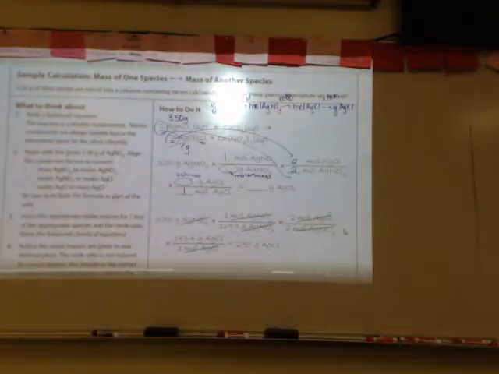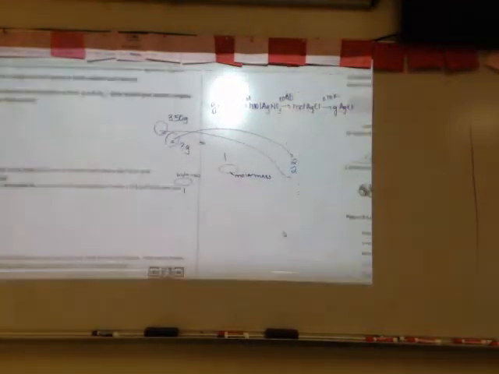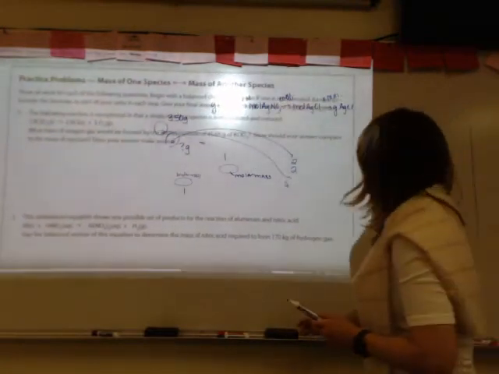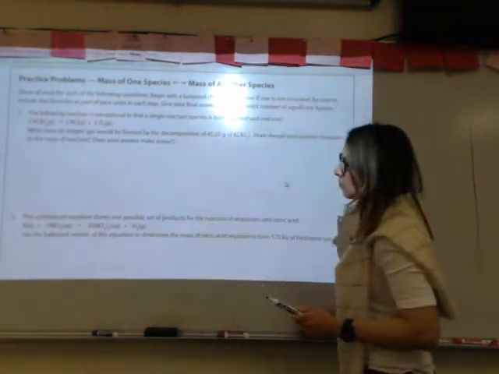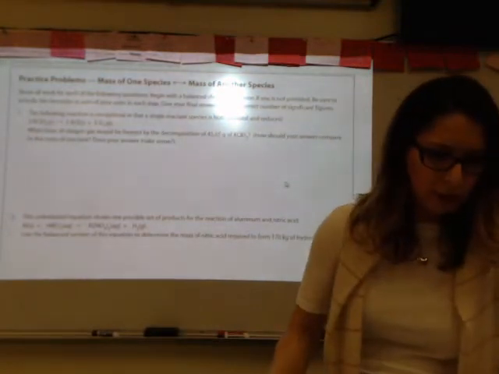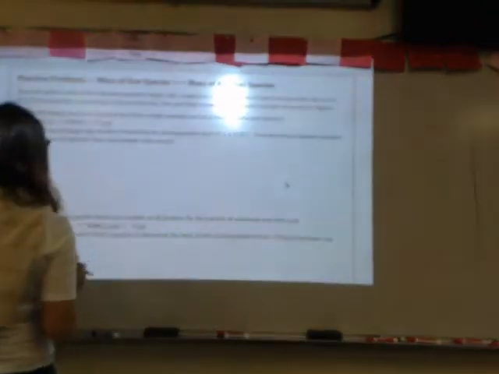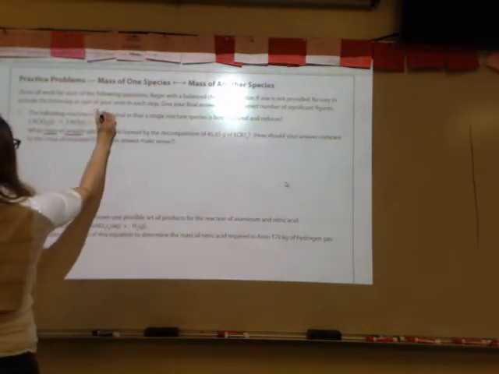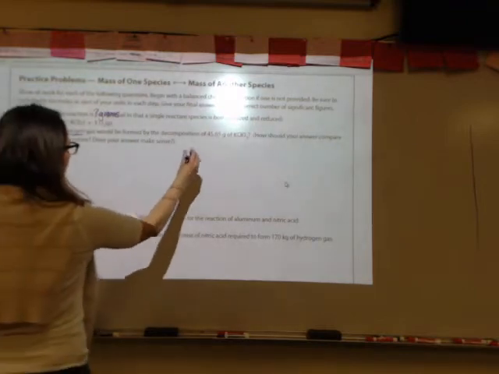Now, if you take a look at the next page, we have some practice problems. Number 1 says, the following reaction is exceptional in that a single reactant species is oxidized and reduced at the same time. What mass of oxygen gas, so I'm going to put a question mark grams next to the oxygen, is going to be formed by the decomposition of